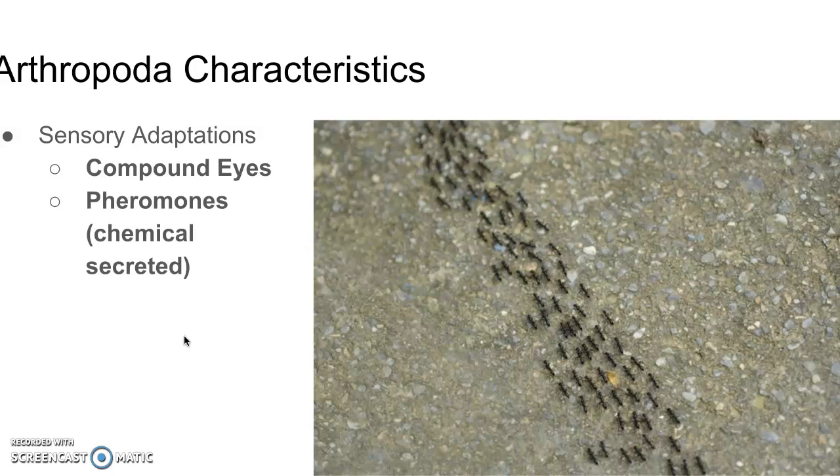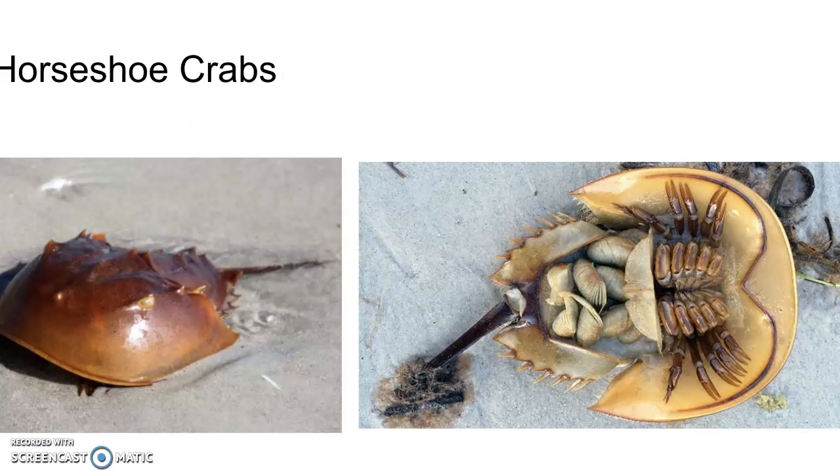It's pretty amazing how they work in unison. We have some really incredible different types of ants in Costa Rica that will destroy an entire tree overnight because they communicate so well. So it's an interesting way of communication. Okay, so horseshoe crabs, like I said,